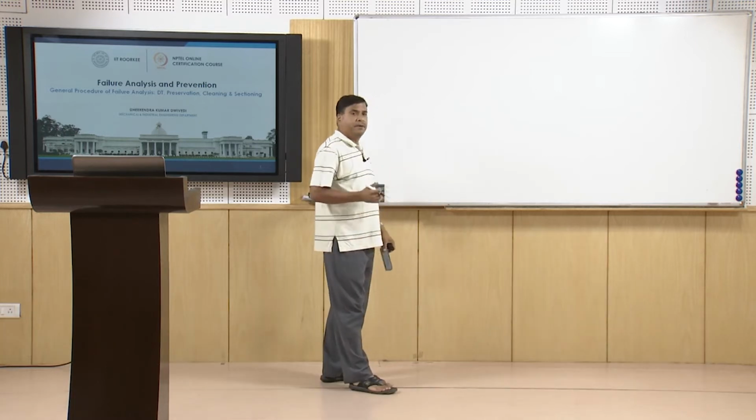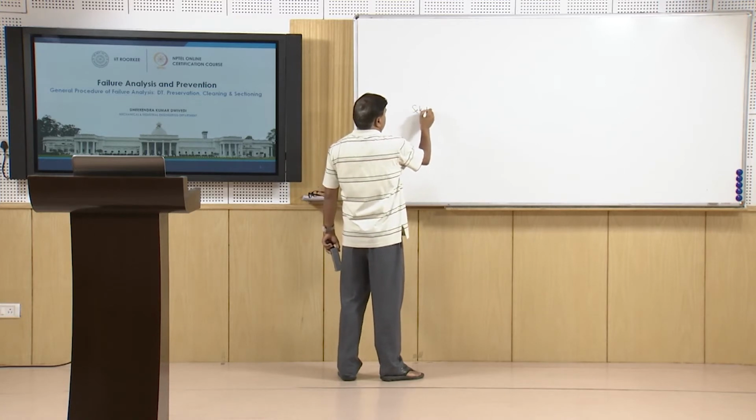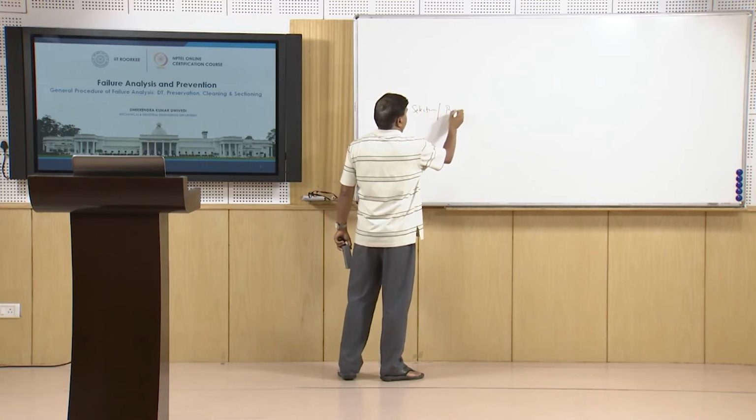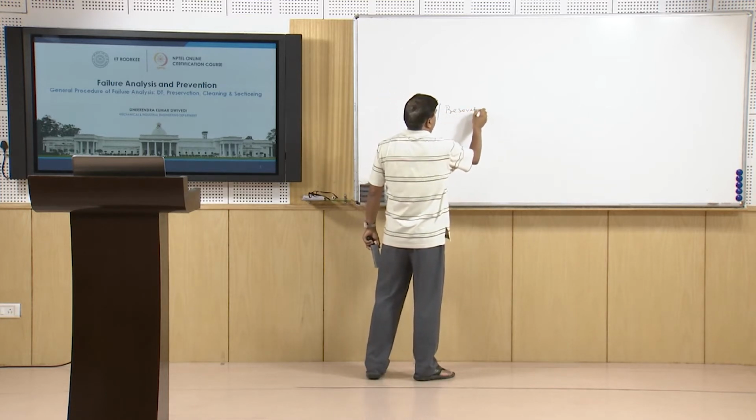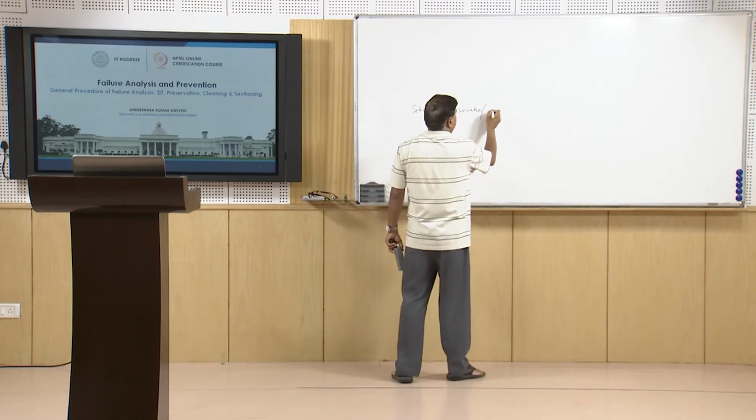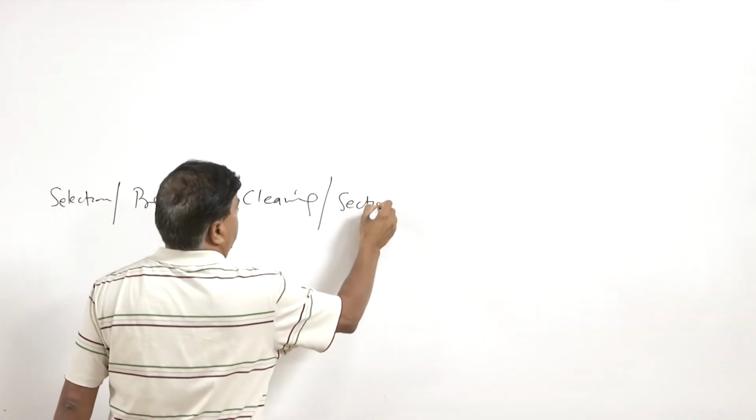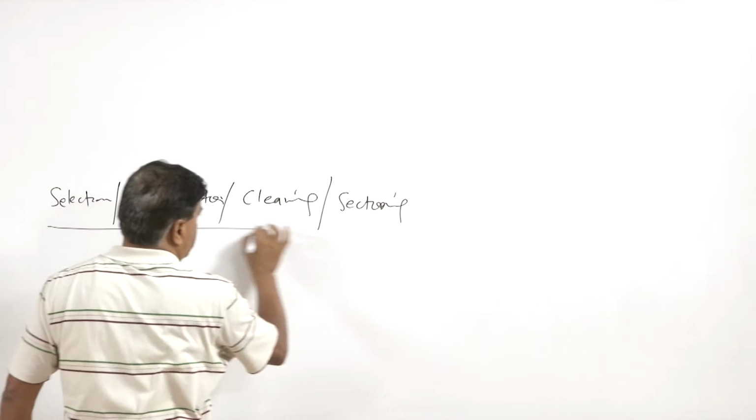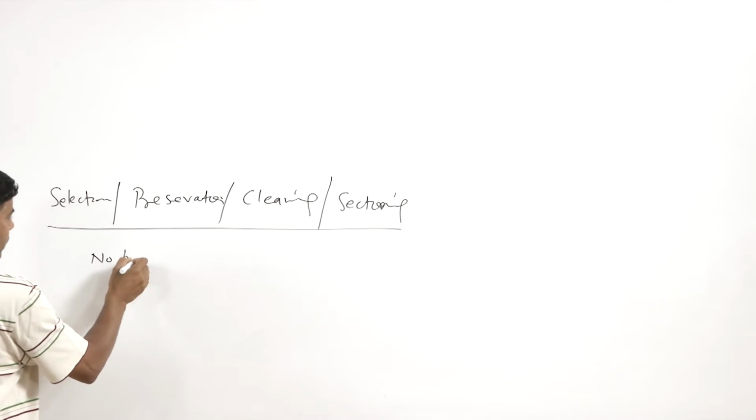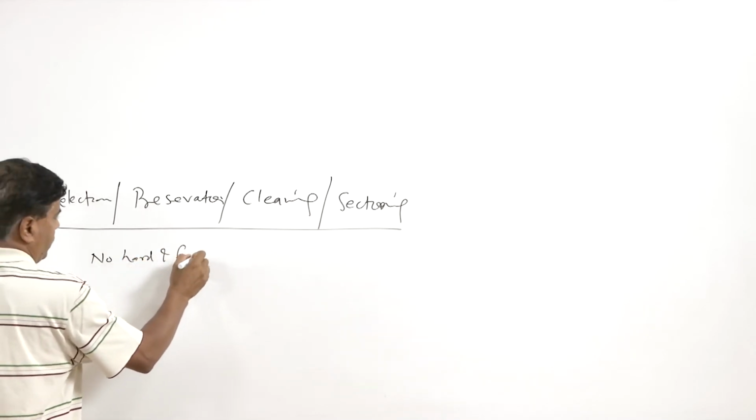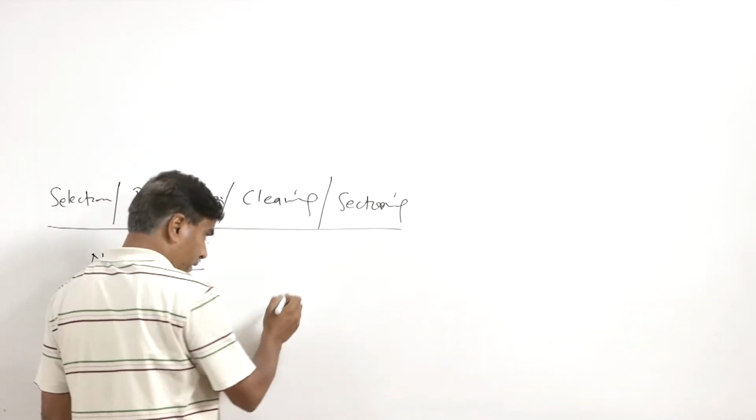The next step of the failure analysis basically involves the selection of the sample, thereafter, once the sample is taken out, the preservation of the sample, then the cleaning related aspect, and then the sectioning of the sample. So, as far as the selection is concerned, there is no hard and fast rule for the location from where the sample is to be taken, but of course